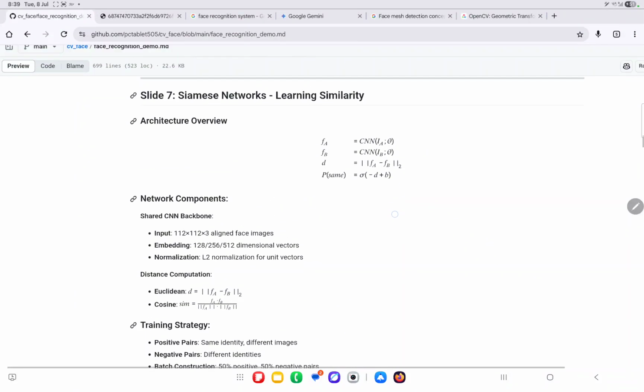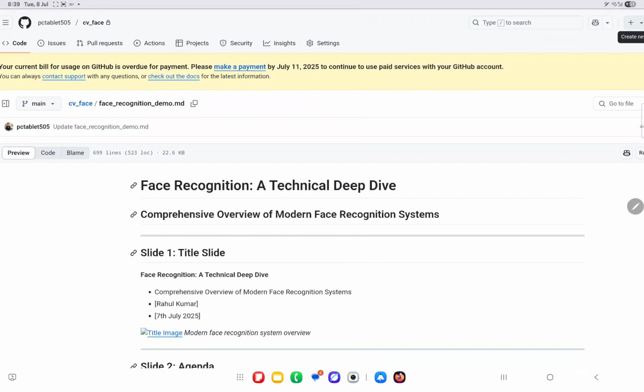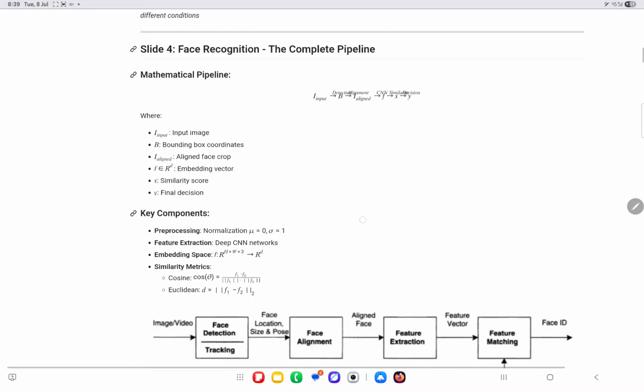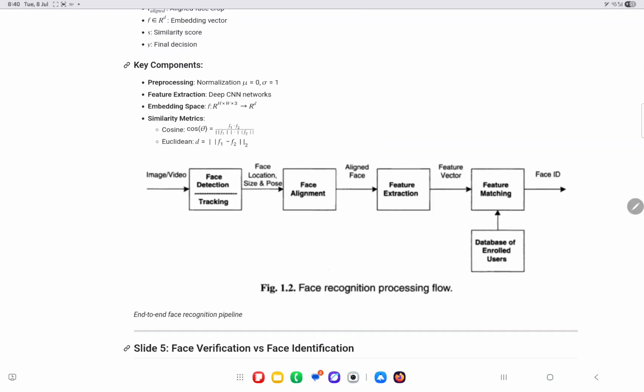Everyone. In the last video we discussed what face recognition is and the steps required for it: face detection, face alignment, and face feature extraction. That could use classical ML algorithms like SVM, manual features or cascade features, or modern feature extraction methods like deep learning embedding models. And once we have the embedding vectors, we can compare with the database to identify the person.